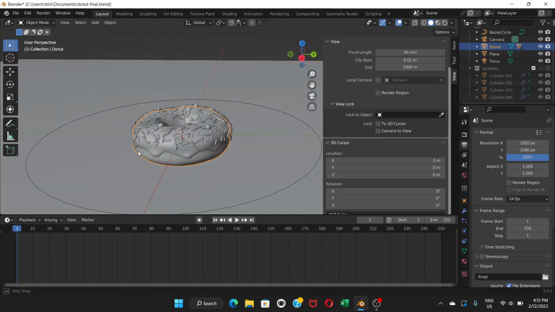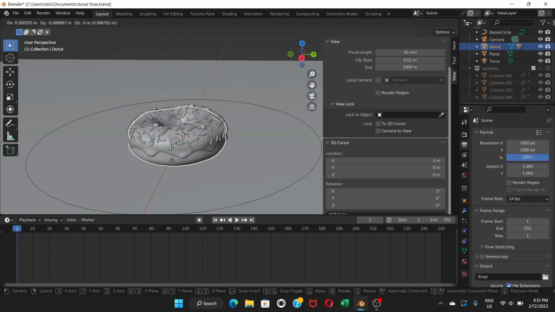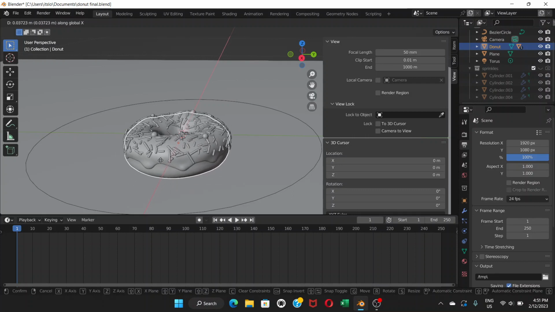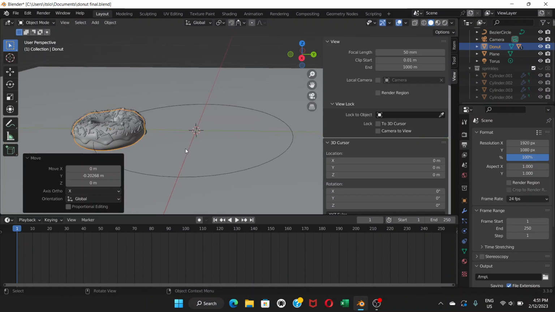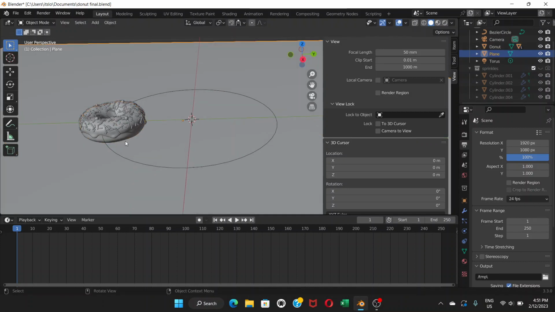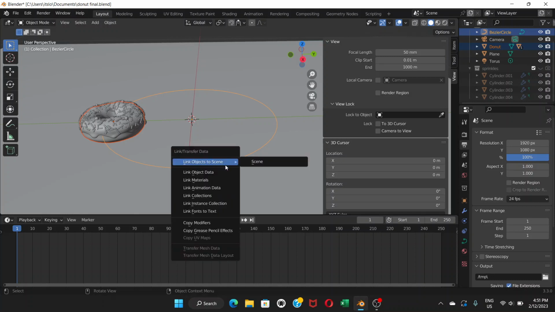What I'm going to do is first grab this donut and move it on the x-axis, or maybe the y-axis, around here. Now click on the donut, and holding the Shift key, I'm going to click on this curve or circle. Now Control L to link, and I'm going to choose